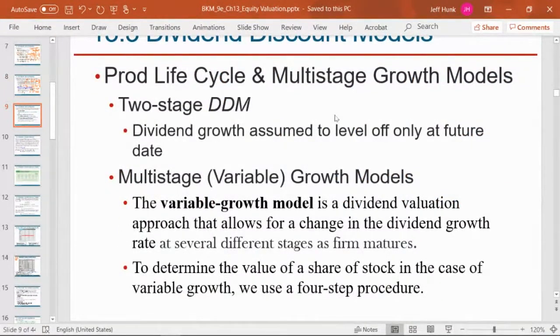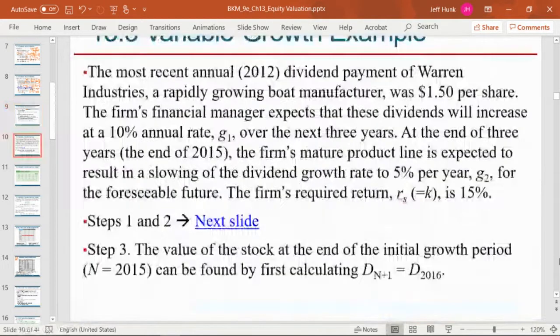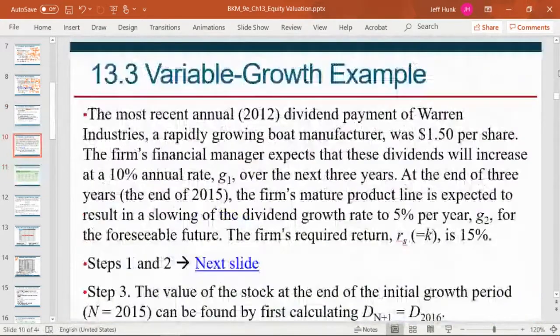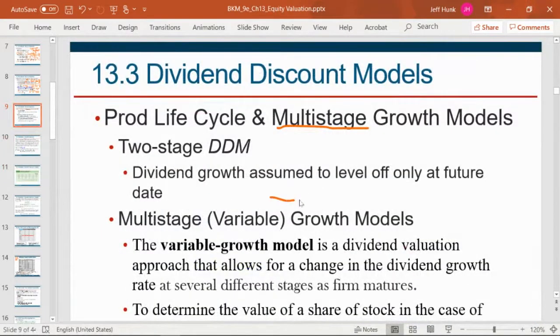Now we're moving on to a variable growth model. Variable growth model is also a multi-stage growth model, because the growth rate varies across different stages, right? Usually it is two to three stages. Why? If you understand the product life cycle, and I don't want to go over it, but generally the pattern of growth is